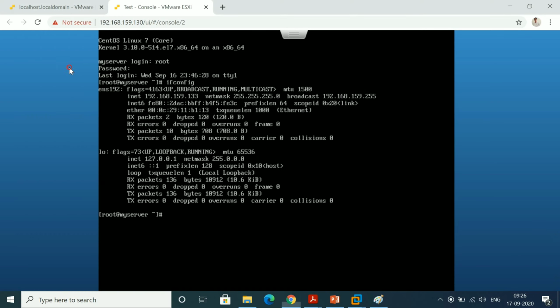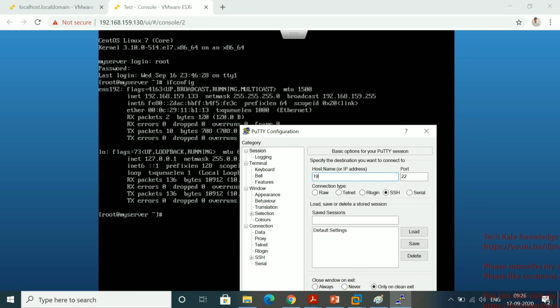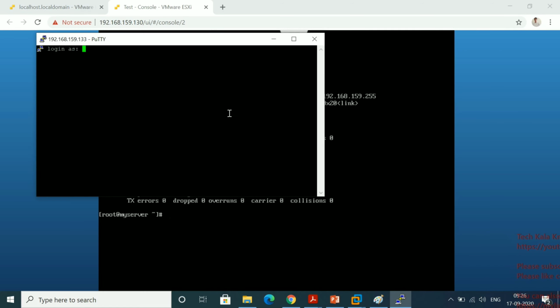Let me check if it's working or not. 192.168.159.133. Yes, I can access it through PuTTY also, and I am able to log in.